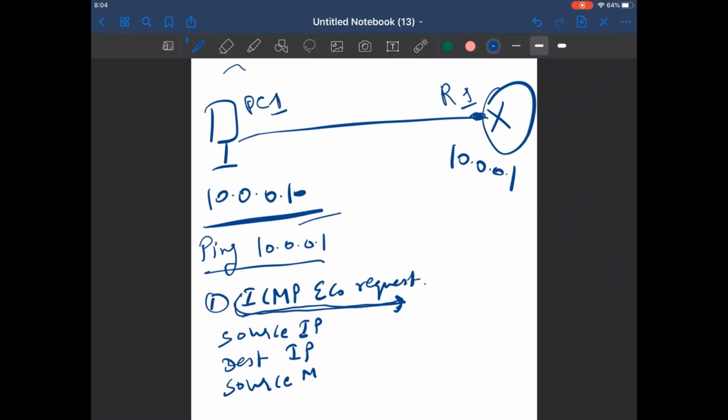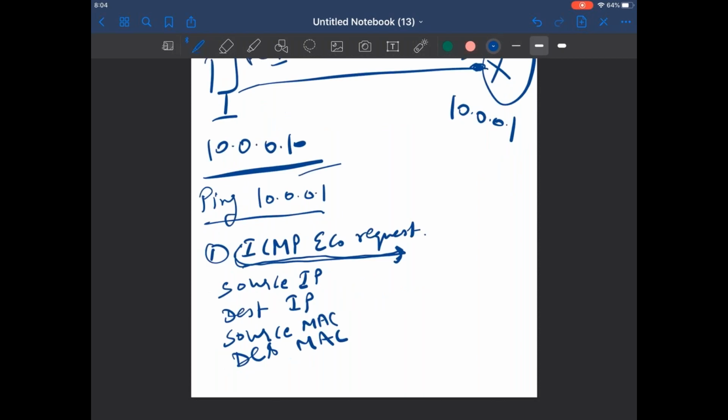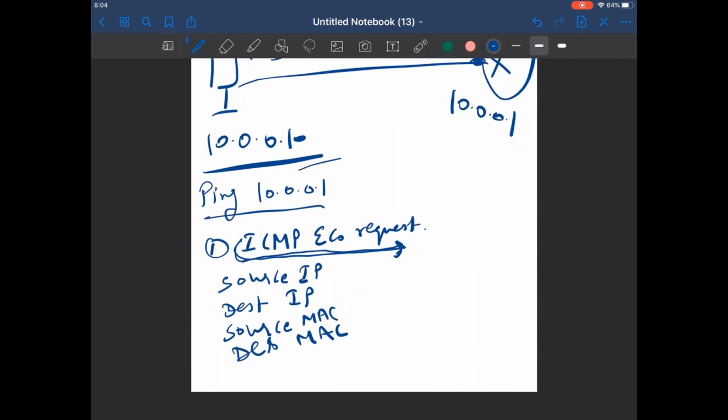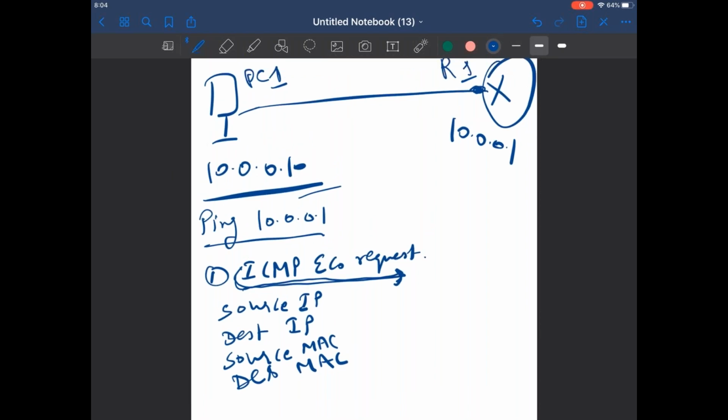So PC1 will never send an ICMP echo request until and unless it has all these four pieces of information. Oh, okay, so it will have the destination MAC address also while sending the echo request. When you ping from PC1 to R1, PC1 will generate the ICMP echo request.